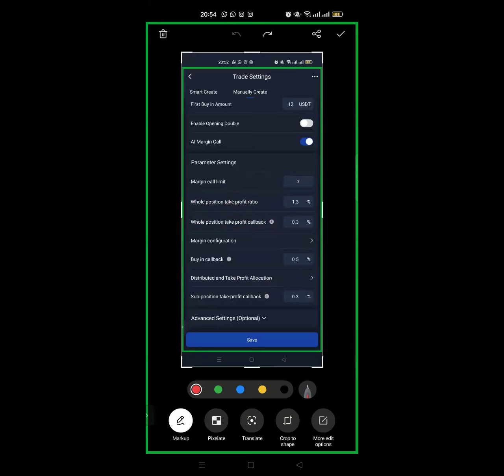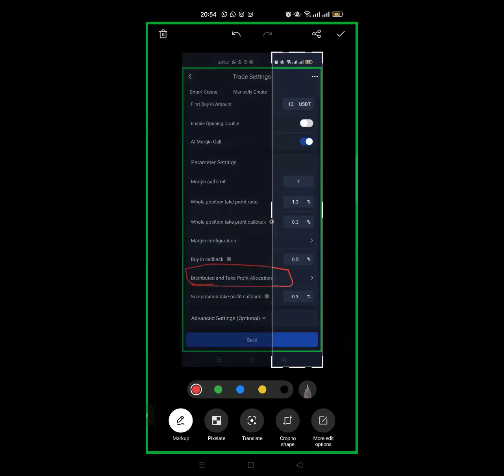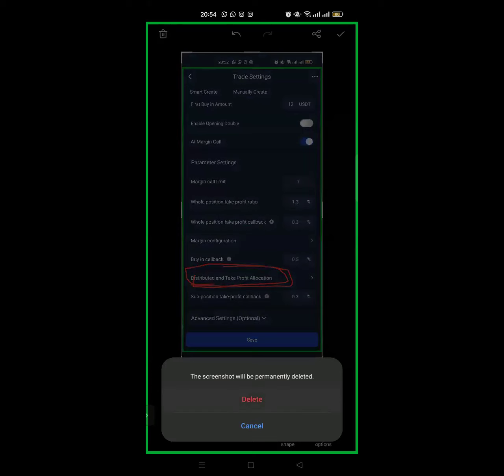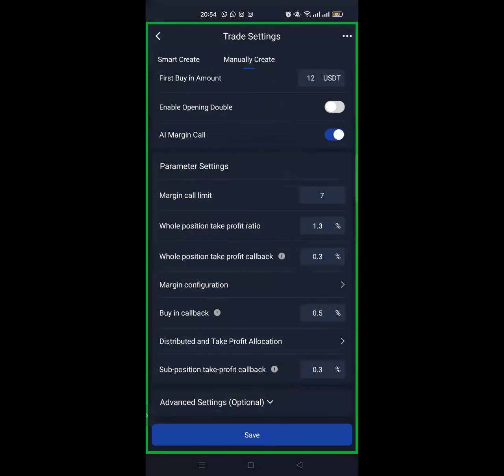Now let's talk about distributed take profit allocation. This is your sell for your subs, from your fifth call, your sixth call, downwards to any call. Distributed take profit allocation is what controls it. So if you click on distributed take profit allocation,